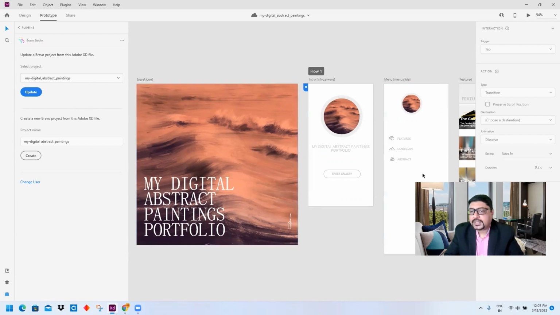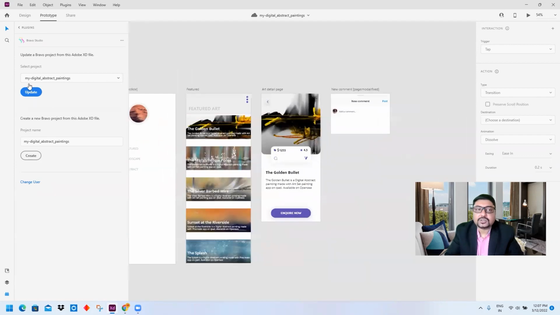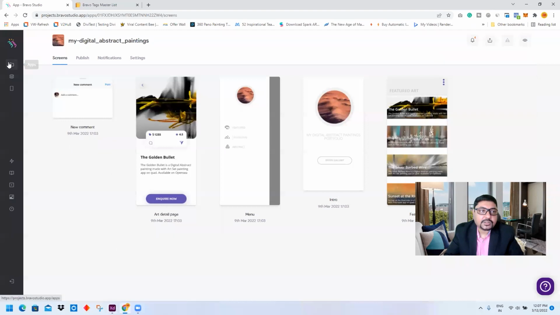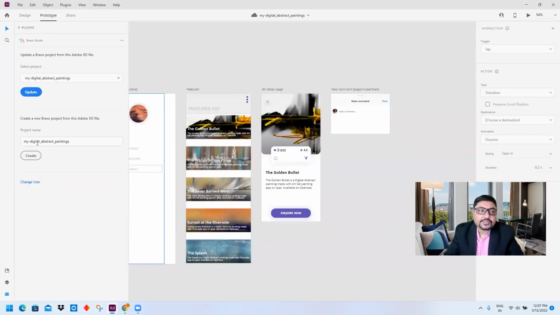So you can update this app multiple times, and you just have to go on updating it, and automatically this particular thing will go on updating. Another tip I can tell you: if there are errors happening over here which you are not able to figure out, you can delete your existing app in Bravo Studio and click on create to re-upload it fresh.